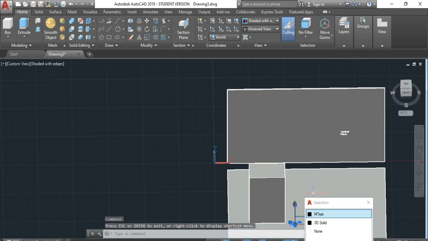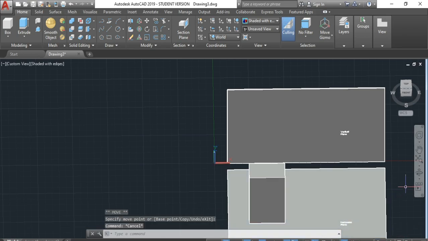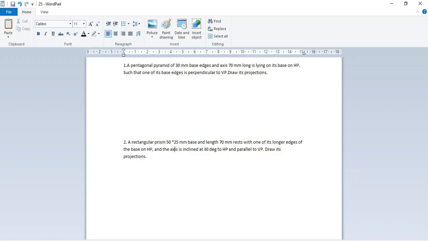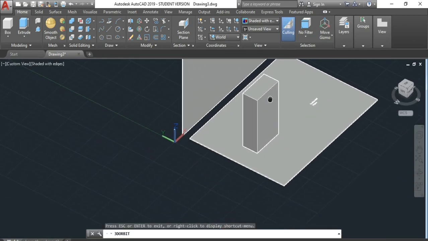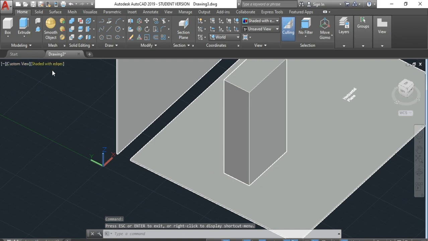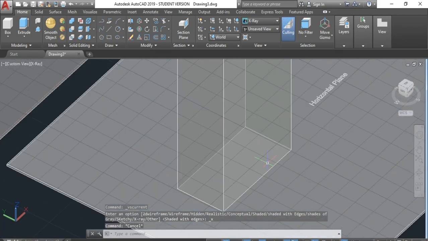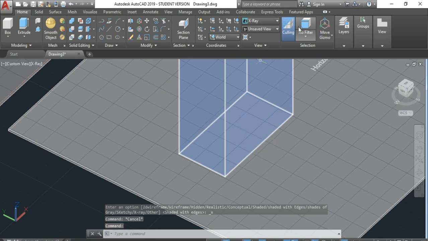Now what we need to do is see the condition that was actually given to us. So the height is 70 mm, base of 50 by 25 mm. Both are created with one of its longer edges of the base on HP. So which means, see here, I'm going to take you guys to the extreme mode. See, this base here is actually having